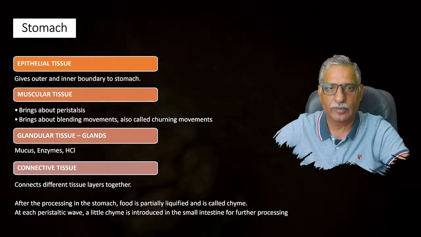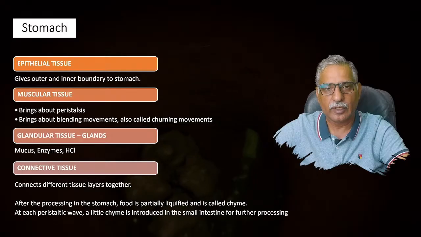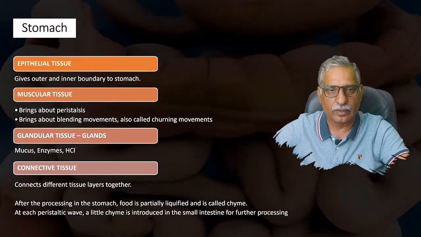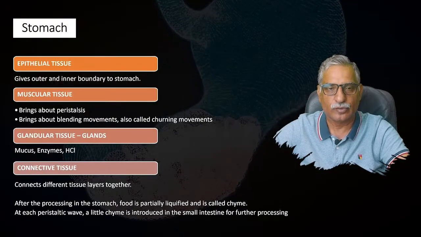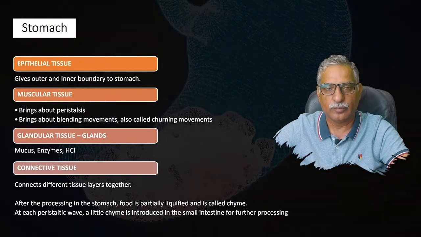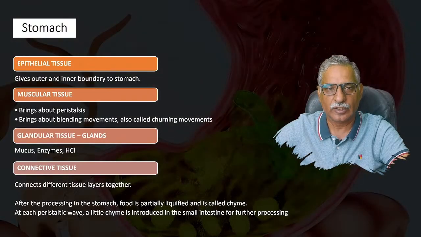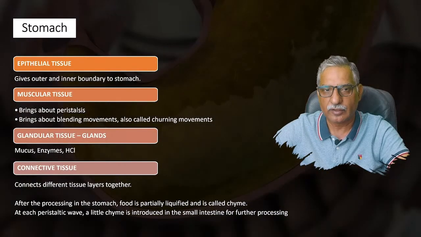At the junction of stomach and small intestine, there is another valve, also made up of a ring of muscles, known as the pyloric sphincter. The peristaltic wave that started its journey at the start of the esophagus ended up at the cardiac sphincter, but the peristaltic wave that started from the start of the stomach, when it reaches the small intestine end, makes the pyloric sphincter open, and a little chyme is pushed into the small intestine